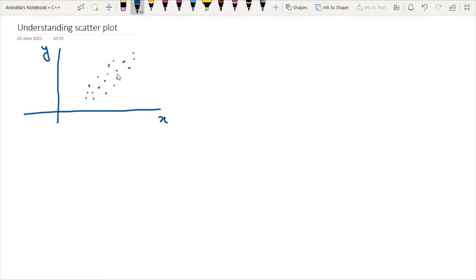So the position of each dot indicates values for an individual data point. Scatter plots are used to observe the relationship between the variables. But here we have to discuss one most important point, that is, when we should use our scatter plot. Scatter plots are primarily used to observe the relationship between numeric variables. The dots in the scatter plot represent the values of the individual data points.